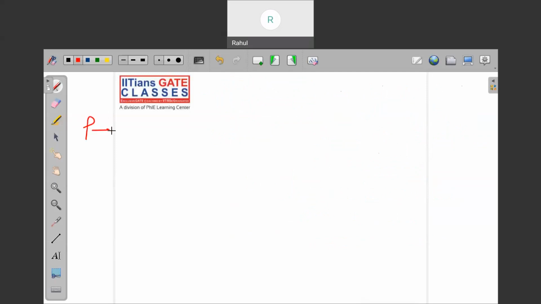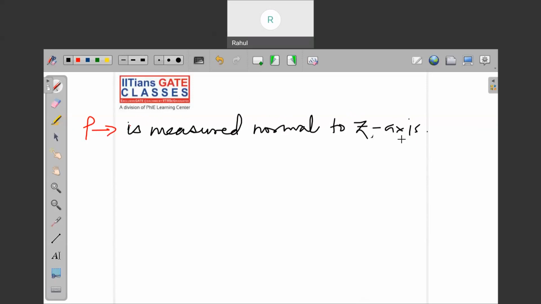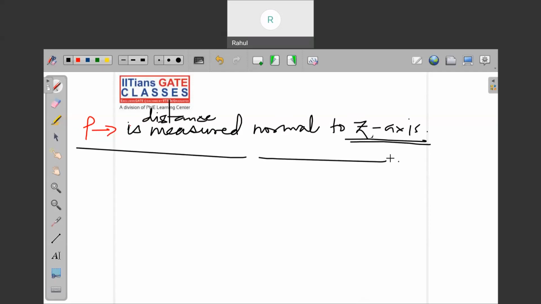So rho is a distance measured normal to the z axis, normal to the z axis. These are very important points, and rho is basically the distance parameter. Next,